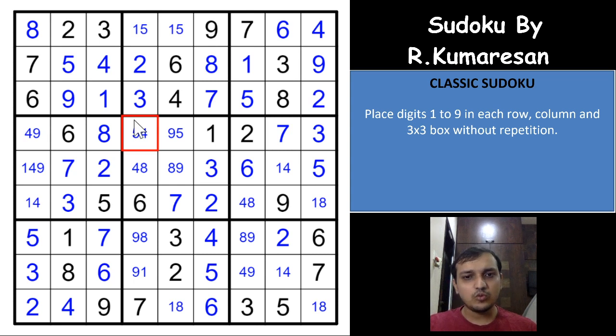So what is a bug technique? Bug is nothing but a uniqueness trick. Assuming that this Sudoku has only one solution, we will use the bug technique, or uniqueness trick in other words, to solve the Sudoku faster, right? Now if you see,